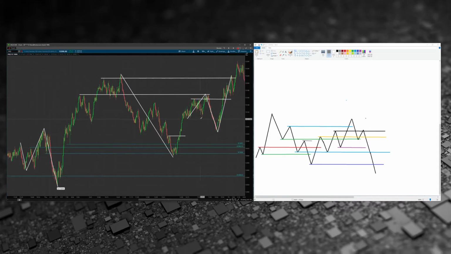This would have all been tested. And this is where we need to talk about recency bias and tested and untested. We clearly have untested levels here, and they work. That's fine. I'm okay with you getting recency bias with untested levels because that's what should happen every time. It's not going to happen every time, but it happens most of the time. Now, when you see a tested level, like we have here,